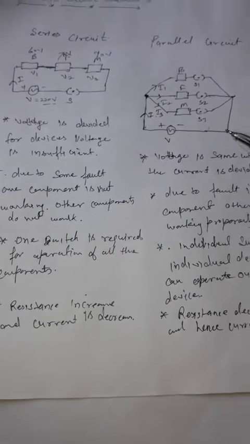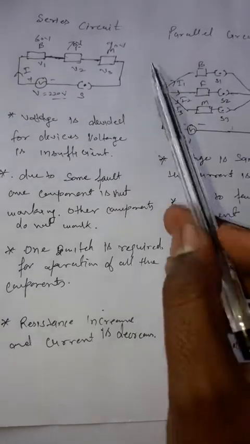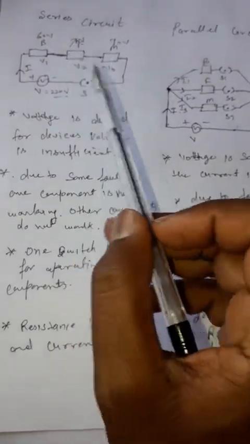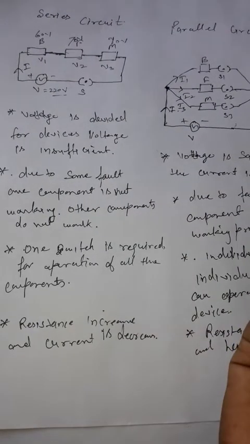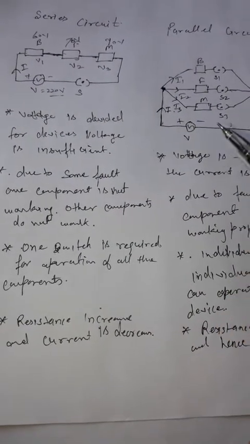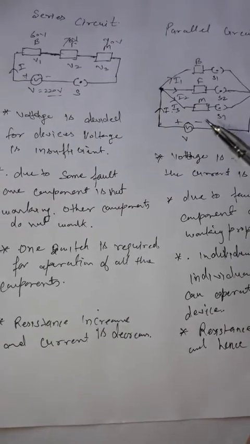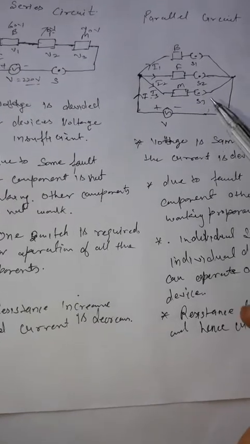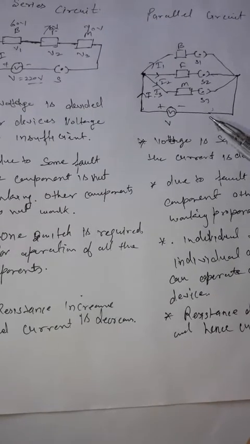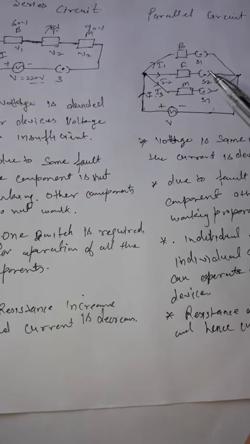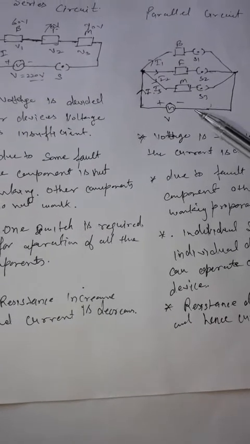Now as it is clear that in our home appliances, we need a connection such that the voltage across each component is sufficient. In our homes we operate bulbs, fans, motors, etc. So it is possible only when the components are in parallel. On the other hand, we have individual switches for the individual devices. That is why we can say in our home there are parallel combinations.